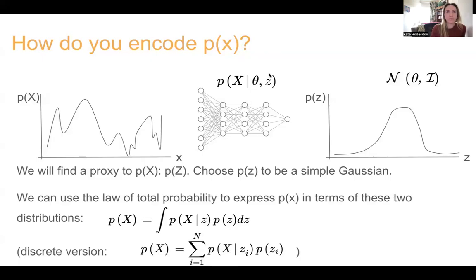And then for a continuous random variable, you generalize by saying rather than summing over the Zs, instead you want to integrate over all of them.